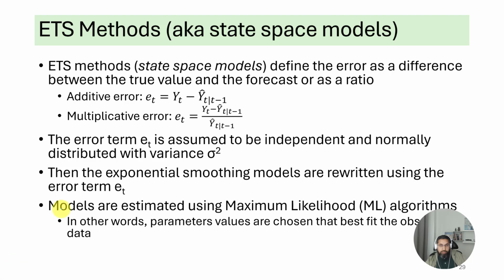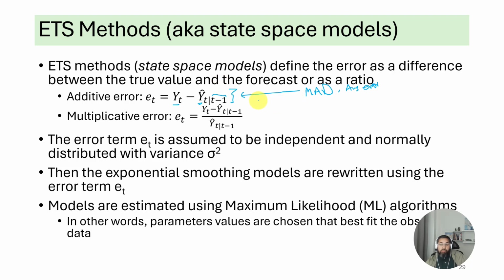Remember, error is just the difference between the true value, this is the true value, and this is the forecast. Y hat is always a forecast, right? The difference between them is the error or the unexplained variability, okay? And you can also find a version of the error by dividing. This is the error used in MAPE. So actually, let me write it carefully. This is the error you use in your MAD calculation, mean absolute deviation, or your average error calculation. You use this y_t minus y hat_t. Okay, the actual value at time t and the forecast for time t. This forecast was developed using data till time t minus 1.